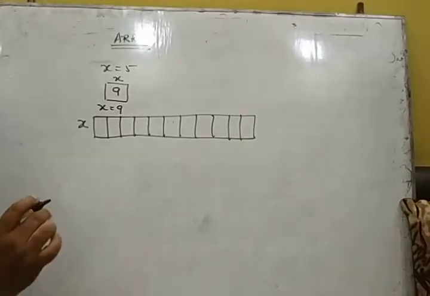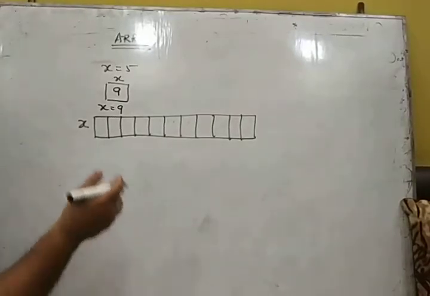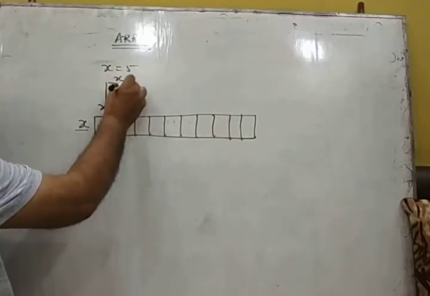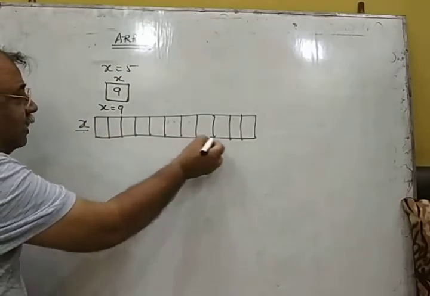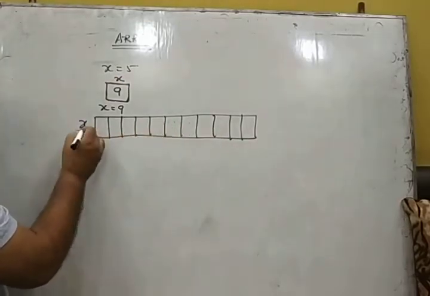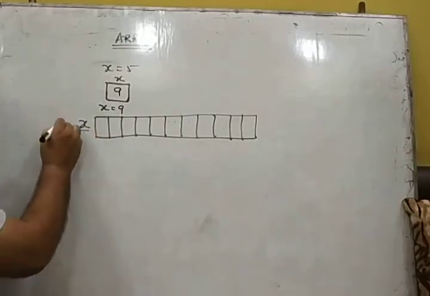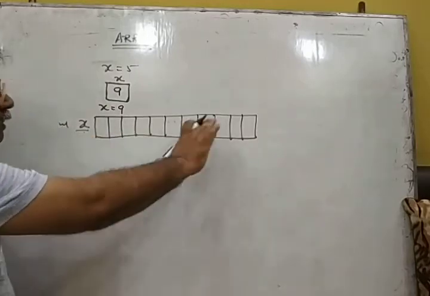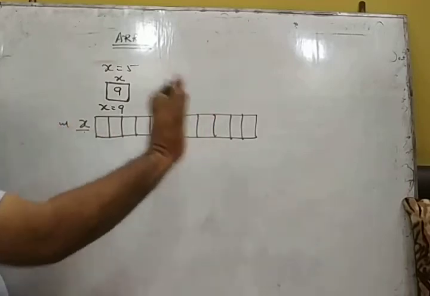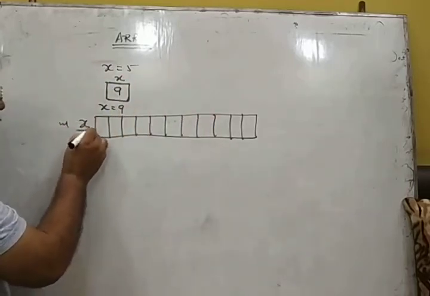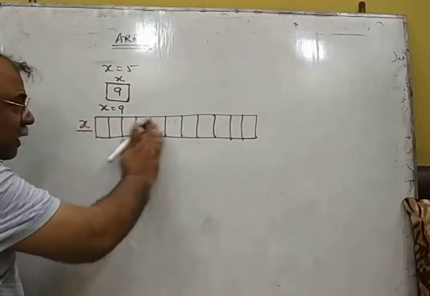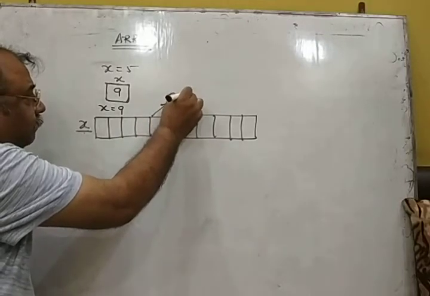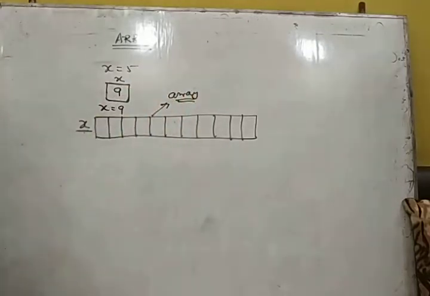Try to understand it as a new concept, that the computer has this facility that under one name, where earlier you were storing only a single value, you can store as many boxes as you want of that type. Suppose you have declared integer, so all boxes will contain integer values. If you have taken float, then float values can be stored. If you have taken a string, the same kind of value. So once you have declared a variable, under one variable, not only one but as many cells as you want, you can store. This is called an array, right?